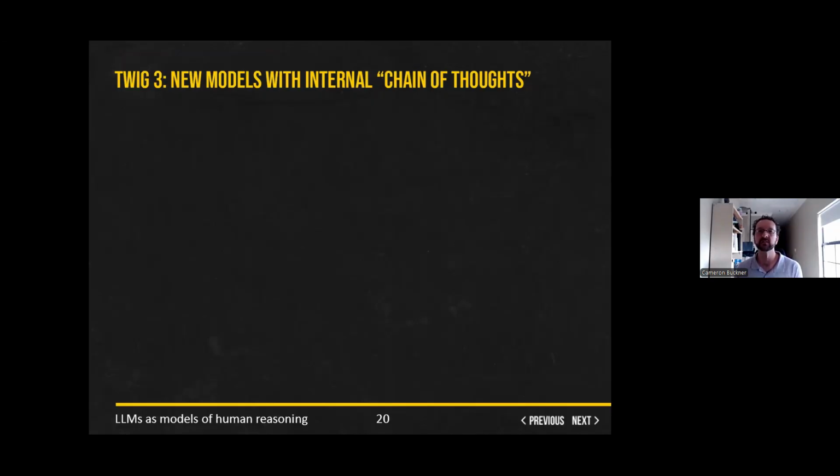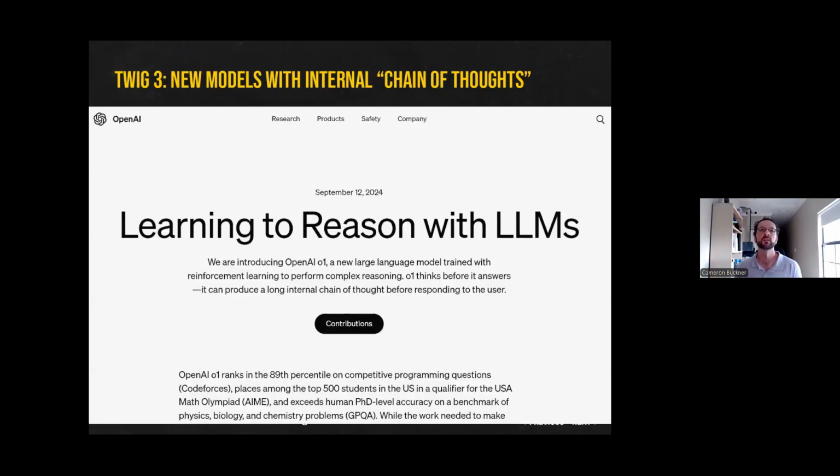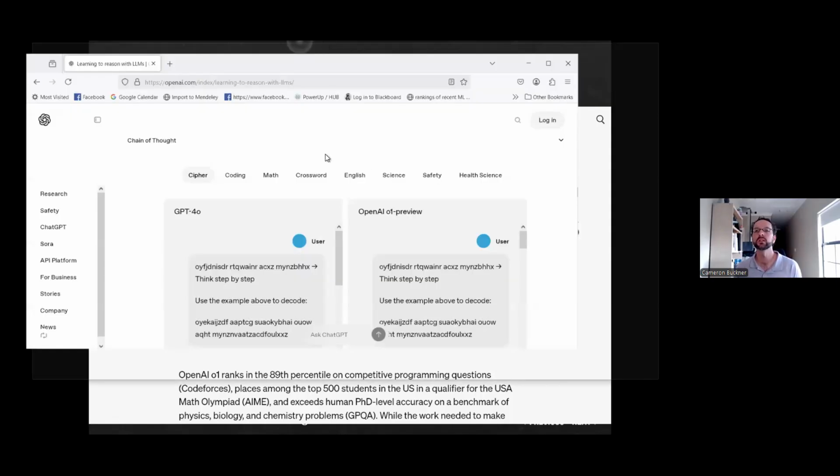All right, so I promised to get into the chain of thought models. I'll try to do this in less than 5 or 10 minutes. So if you go to OpenAI's website, you can look at some of these new chain of thought models about which they make some pretty ambitious claims. I'll try to show you really quickly if I still have that window open. So here's a series of test reasoning problems on this web page. You can go through them, and what they do is,